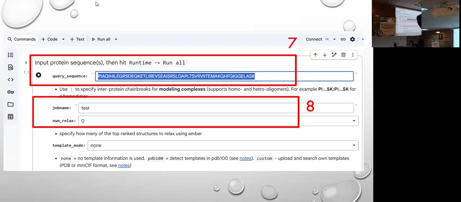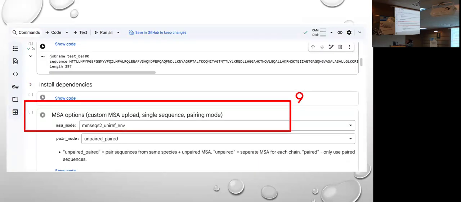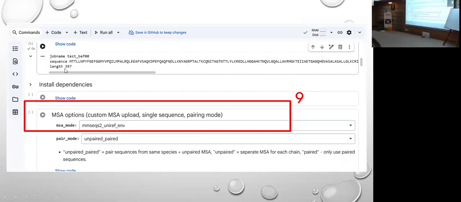Okay. Now we will move to step 9. Okay, so all of you who have pressed this button would have received the tick mark. Some of you might have the tick mark in 0 seconds. It actually depends upon the internet strength, how much time it takes to run a single cell. Once you have run the cells up to here, you can see the result. You see the job name you provided, you see the sequence you provided, and you know the length of the sequence. It gives you the result that whatever sequence you provided, its length is this, and you provided this job name.